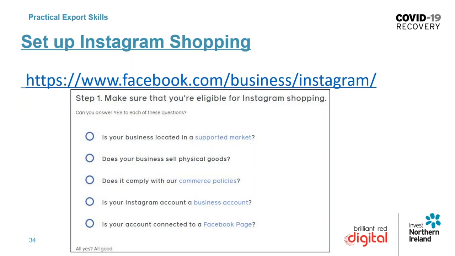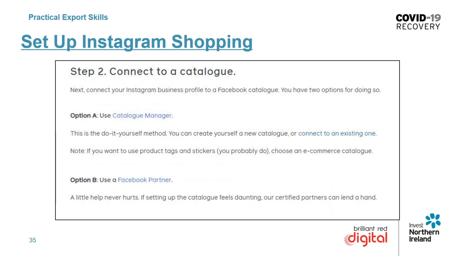If you don't have an Instagram business account, log into your Instagram on your phone, click on settings, and then click on business, and then just change it to a business account. And then you also need to connect it to a Facebook page, and that's done in the same settings tab. Then you need to connect to a Facebook catalog. So again, if you go to connect to an existing catalog in those Instagram settings, you can also do it from this page if you so wish. And that's what I would do. You probably don't really need to engage in option B there, a Facebook partner, because it is straightforward enough.